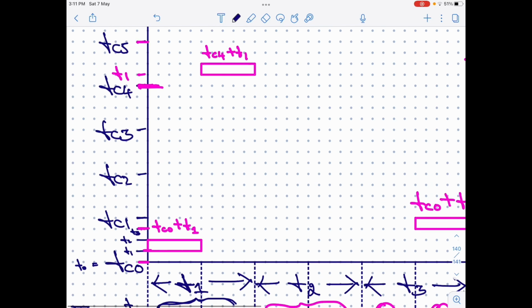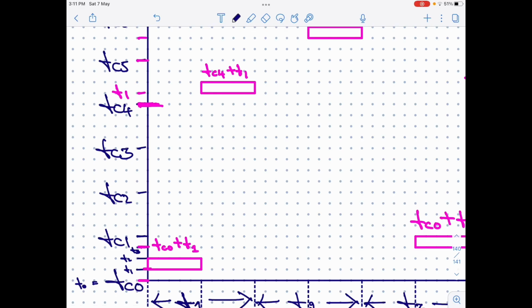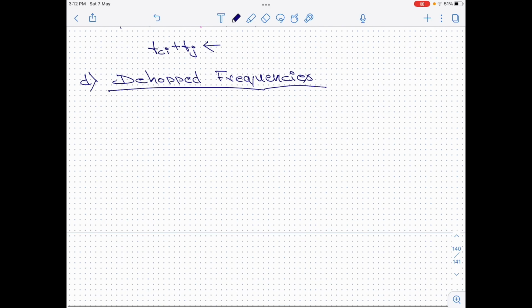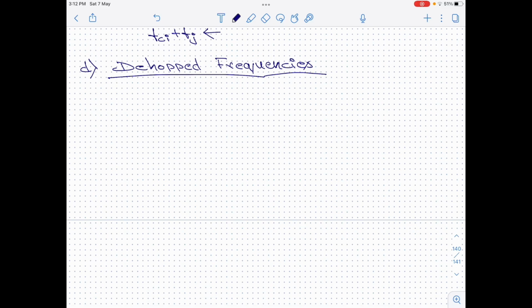Moving on to the next bit interval, the transmitted carrier frequency is FC4 plus F1. Eliminate the carrier part, what remains is F1. So, it would be the de-hopped frequency for the next bit interval. Extend this theory to the rest of the frequencies and then you will obtain the de-hopped frequencies. I will plot that here by using a very similar approach as what I have done for the part C